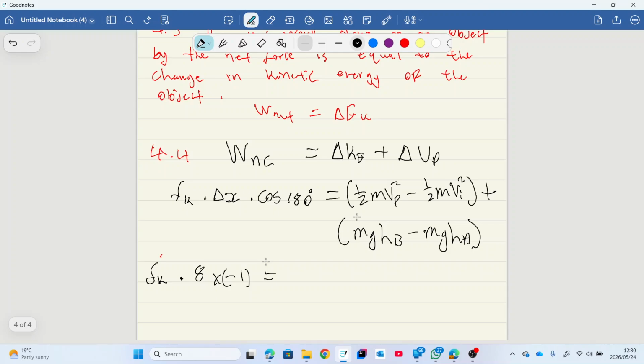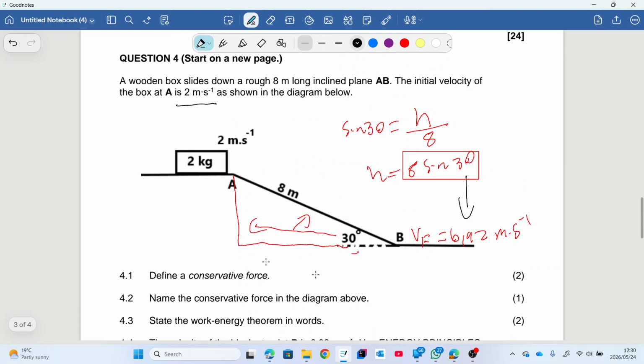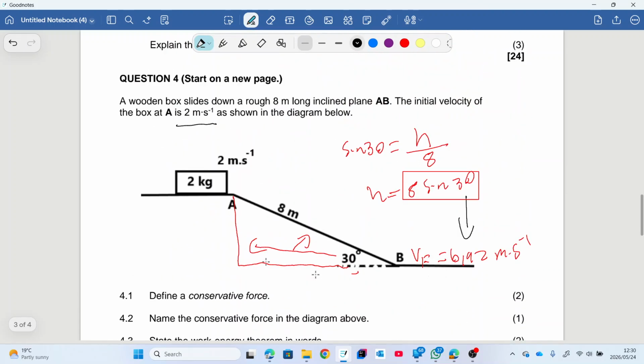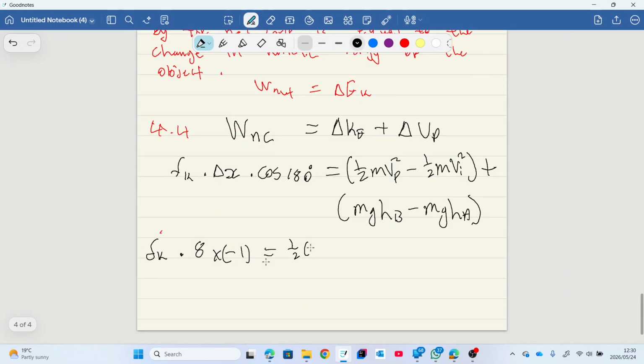Here we've got V final, so it's mass. What was the mass now? I also forgot. 2 grams, 2 kilograms. 2 kilograms, okay. So mass is 2. Then multiplied by the final. Final is